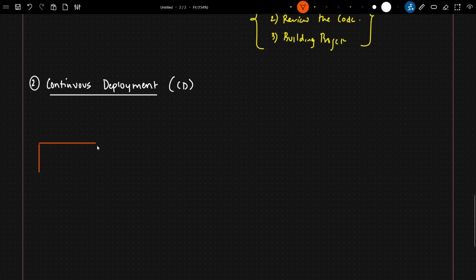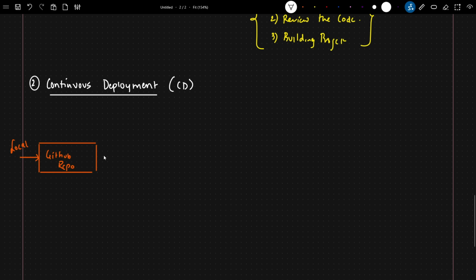So this is my GitHub repository, which is nothing but my main branch. From here, developers from the local commit to the GitHub repository after resolving the conflicts. But once our code is in the GitHub repository, in most of the companies that we specifically work with and multiple use cases that I have worked on,